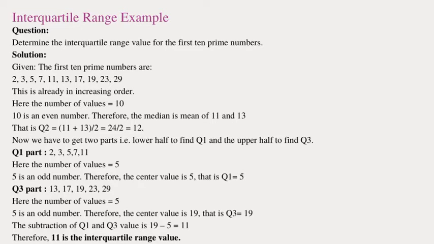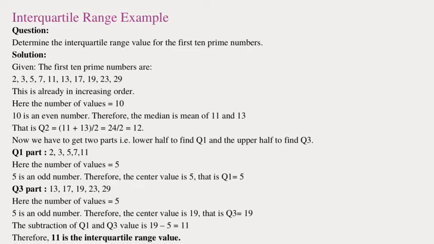Here the number of values is 10. 10 is an even number. Therefore, the median is the mean of 11 and 13, that is Q2 equals (11 + 13) divided by 2, which equals 24 divided by 2, which is 12. Now we have to get two parts: the lower half to find Q1 and the upper half to